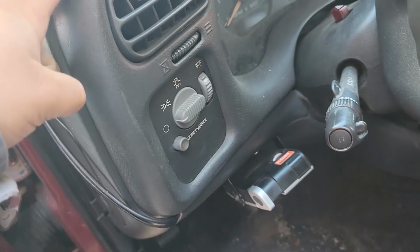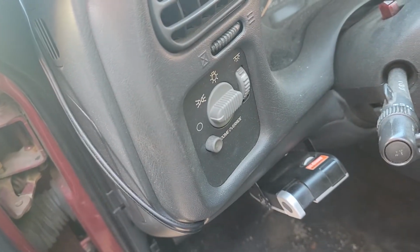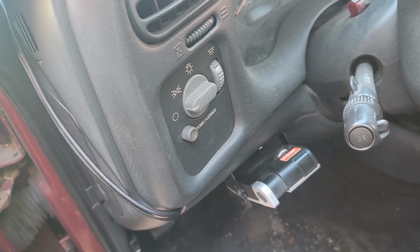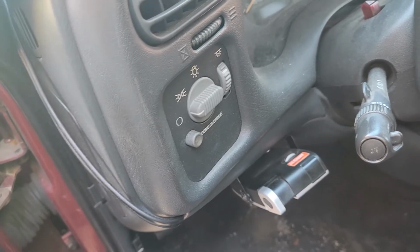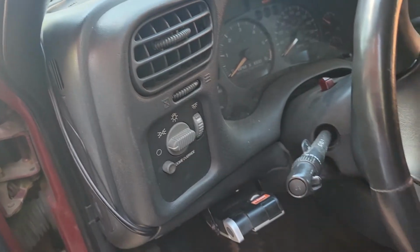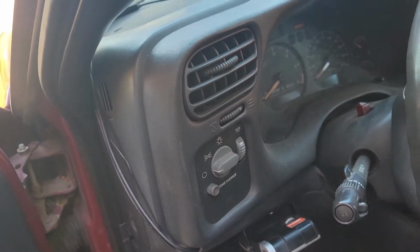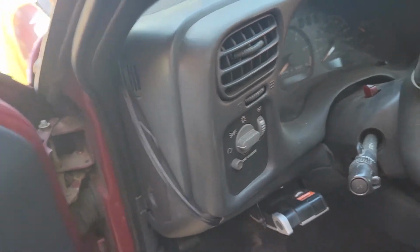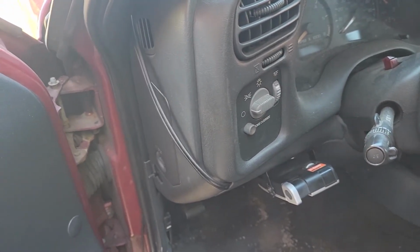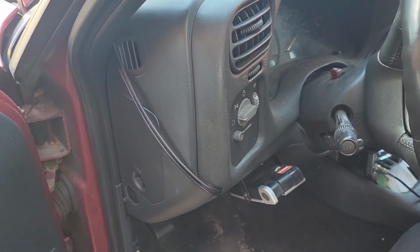Now, for me, I don't know if you've looked in the dashboard of one of these. It is a wiring mess. Very tight. And I have an aftermarket remote start on it, and that was installed when I bought the vehicle. So I didn't do it, but it is more junk up in there. So I didn't want to dig around looking for wires. So if you remember from the video about the plug,